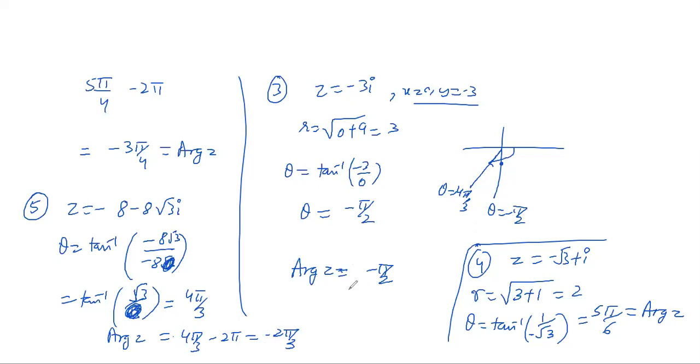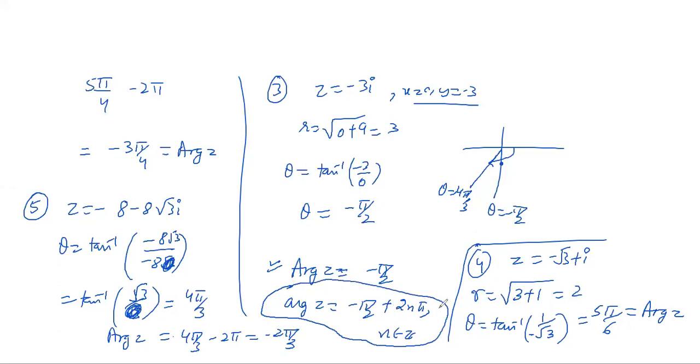Okay, so as soon as you write this principal argument answer, after that you can always use that equation: this argument is the principal argument plus 2n pi, and n belongs to Z. So that is like a complete answer, as you have also told its infinitely many solutions, because this is what we are going to use in a few of the questions, where we first find one value but then we have to give all the answers. So the way to express infinitely many solutions is to write the value of the principal argument plus or minus 2n pi, and n belongs to integers. You can do this in every question: find one particular theta and then find the principal argument and write it this way. And r will always be unique.